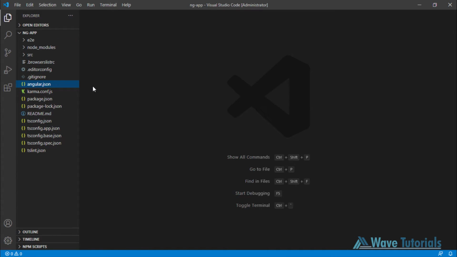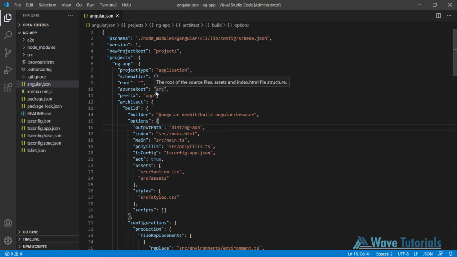The angular.json file is a configuration file where you can see all the configuration details of your project. Before Angular 6, this file was named angular-cli.json, and in Angular 6 it was renamed to angular.json. So if you are going to upgrade your project from Angular 5 to a later version, don't be confused, its name was changed. Here you can see all the configuration details, whatever files are required, listed